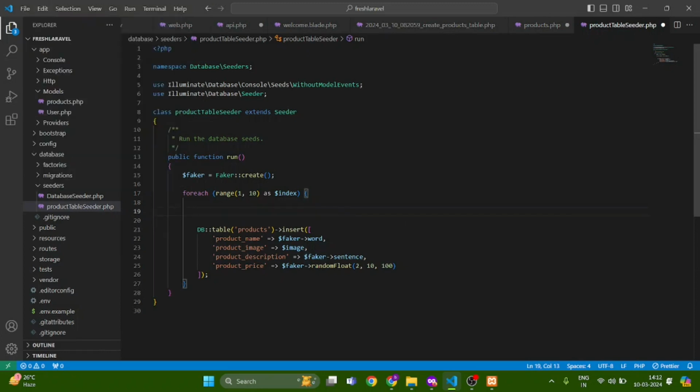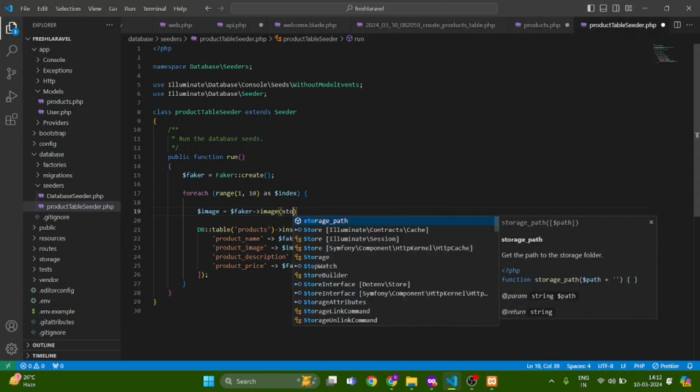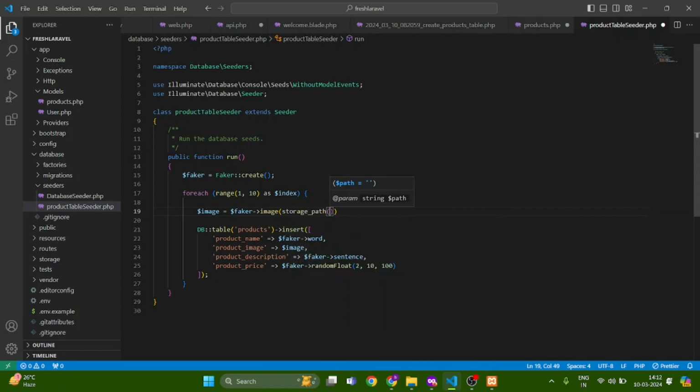The command is $image = $faker->image, with storage_path, and the path is going to be app/public/product